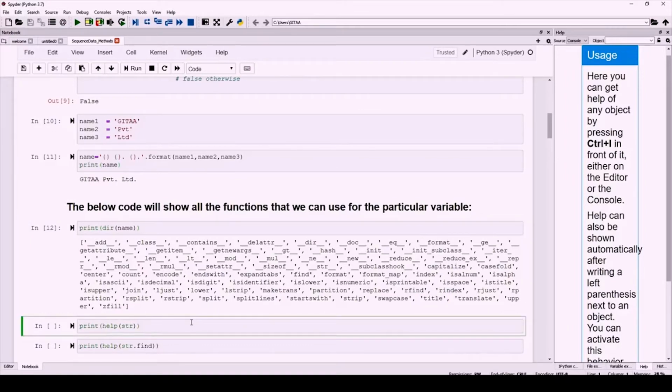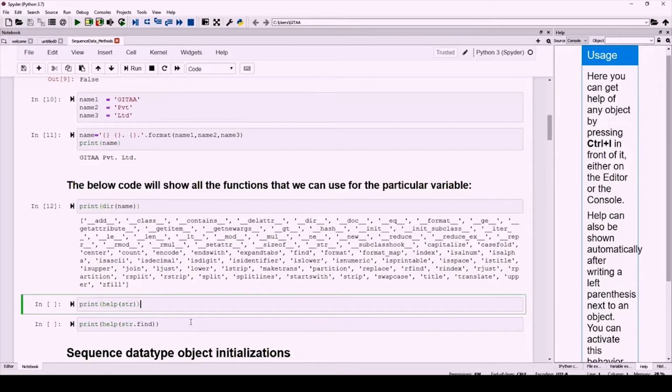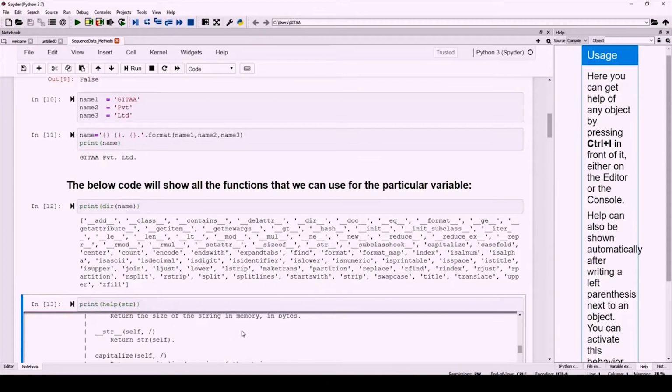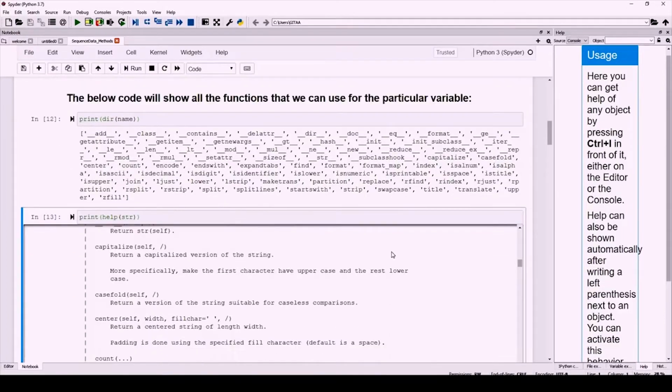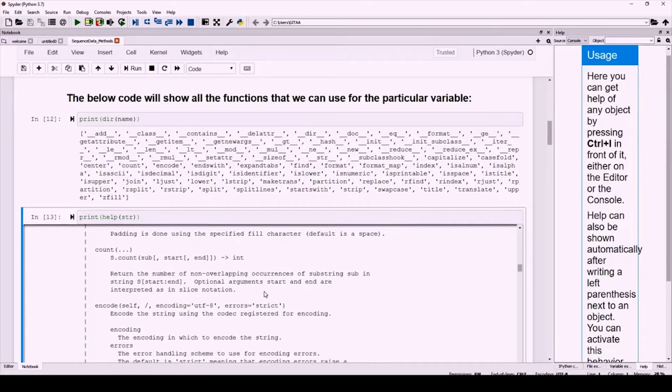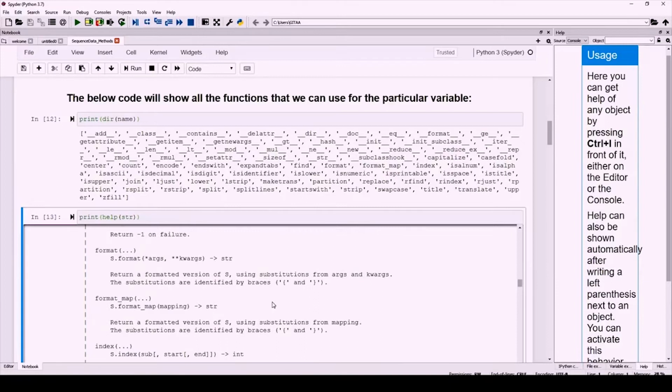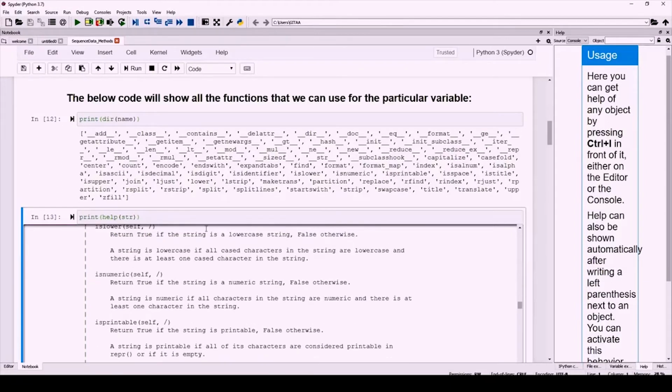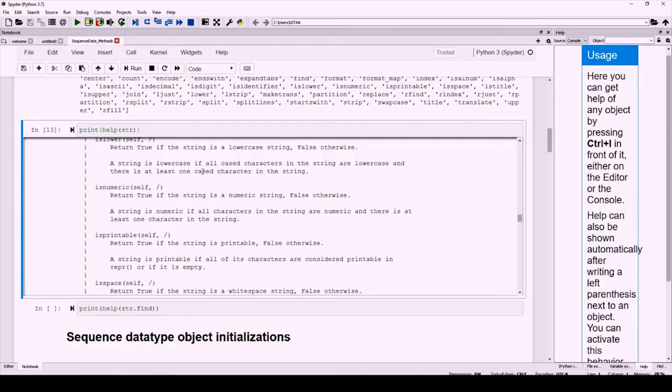And if you want to look for help on a given data type, for example str, to see what functions you can perform on a string, then you can use help of str. str represents strings, and a string is one of the data types in Python that you can work with. It shows you the documentation on how you can create a string, as well as the methods or functions that you can perform on the string. This will be very helpful and will come in handy whenever you want to explore more on the operations that you can perform on a string.